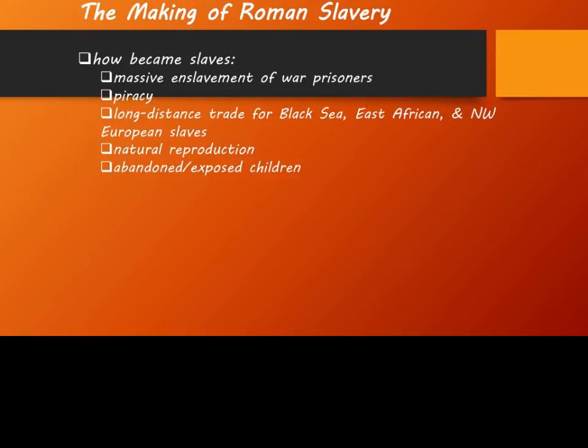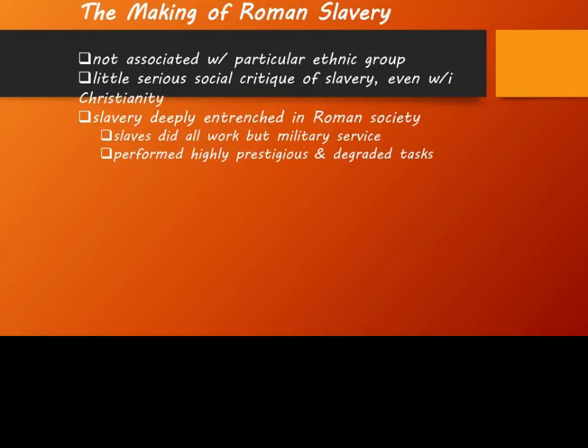And actually, slavery in Rome was not associated with a particular ethnic group. It was multi-ethnic. Slaves came from the borderlands of the ever-expanding Roman Empire. There was no single group of enslaved people, like, for example, the Africans who were enslaved in the later world of the Atlantic Basin. Northern Europeans, Africans, Slavs, Jews, and others could all be caught up in the Roman slave system.